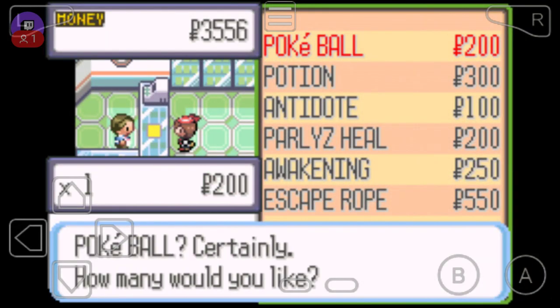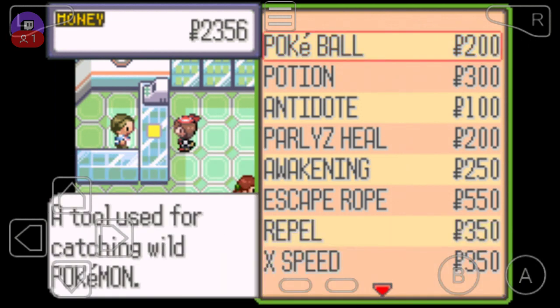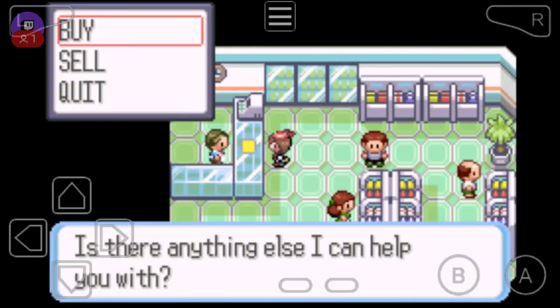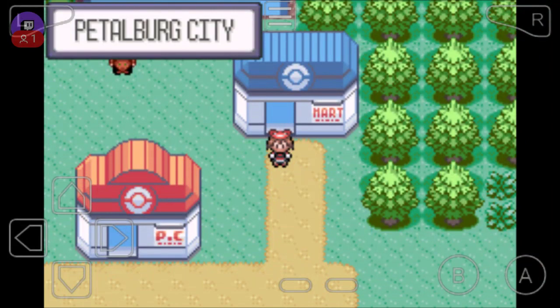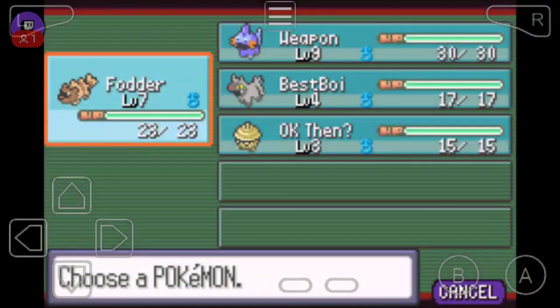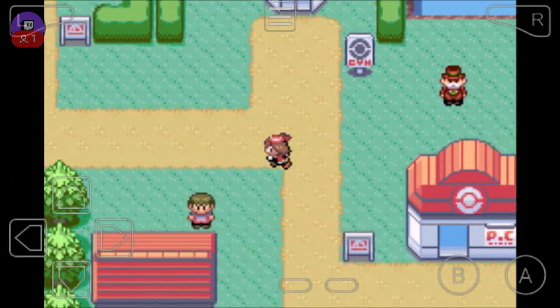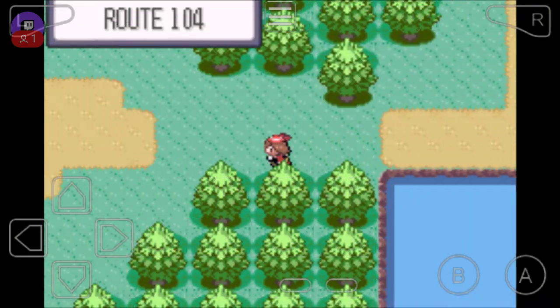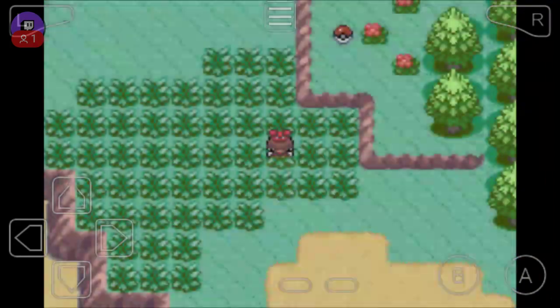I need some more balls. 6 will do. That's a good team. Alright. We're good. Alright, which in